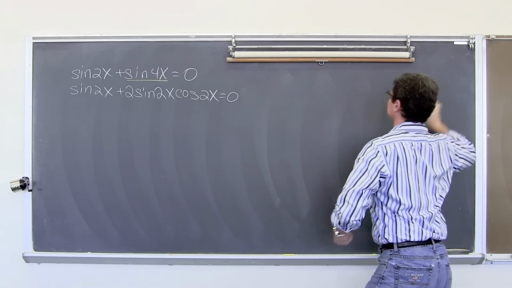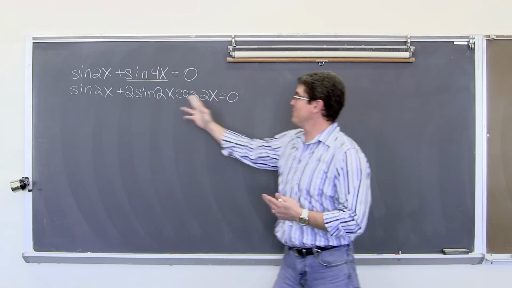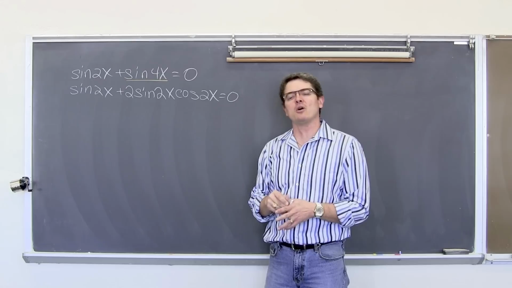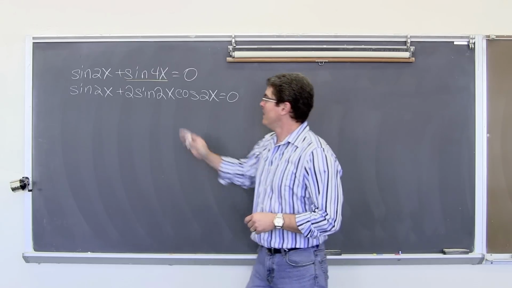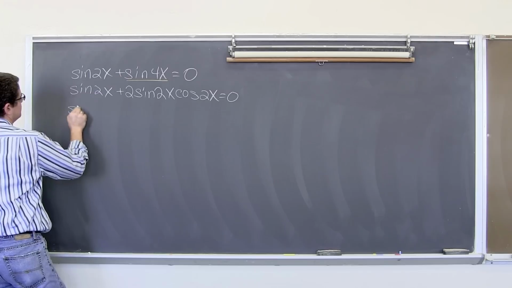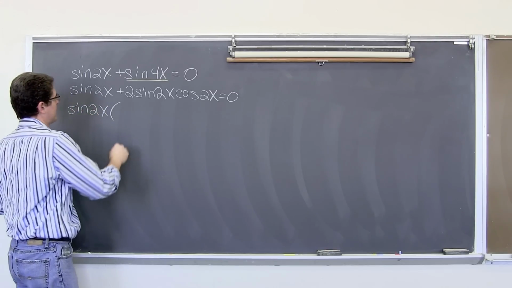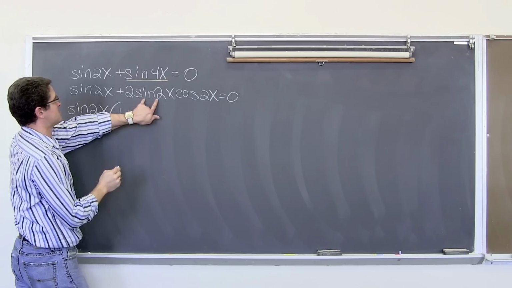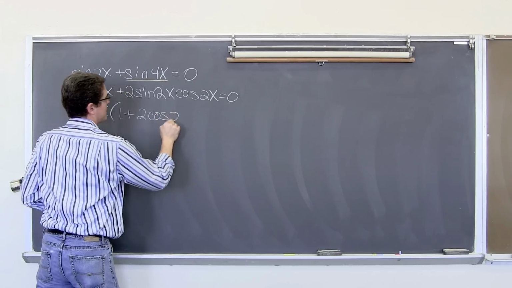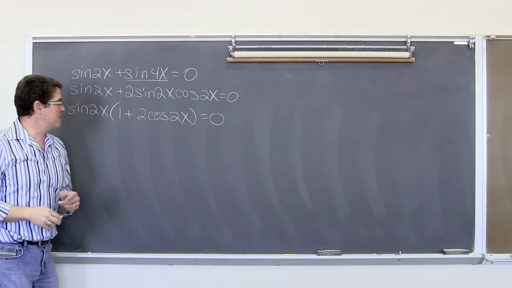Now we still have these 2 variables, but they'll factor apart, and that means we can actually work this out. These 2 terms both have a sine of 2x, so that's going to come out. Sine of 2x divided by sine of 2x is 1, plus sine of 2x divided by sine of 2x cancels out. We get 2 cosine of 2x equals 0. I'm going to set each one of these factors equal to 0.